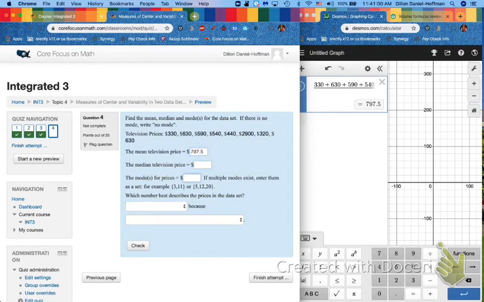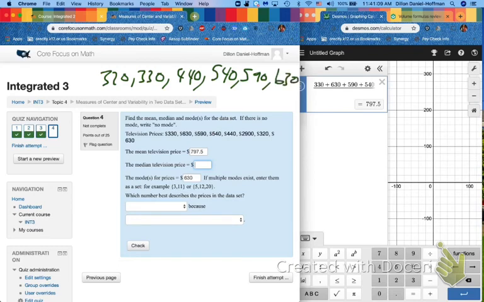The mode next. Let's see, I only have 1 330. I have 2 630s. Yep. Everything else is just ones. And the median price. Alright, this is where I'm going to have to write them in order. Alright, I've got 320, 330, 440, 540, 590, 630, 630, and then this humongous, ridiculous